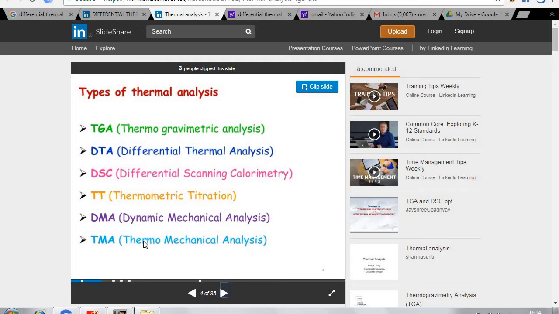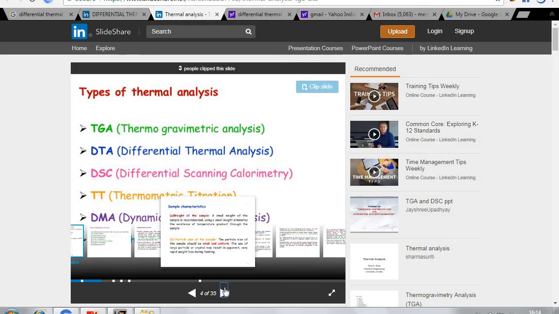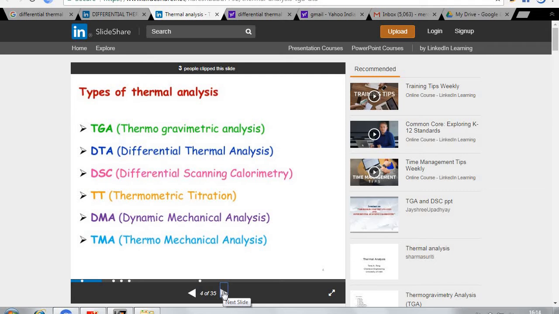All these are different types of thermal analysis which will give a very brief idea about the materials and their property to withstand heat, or what are all the different changes that they undergo while being exposed to heat or cold. As we have already seen, thermogravimetric analysis is an instrument where you are going to measure the ability of that particular material in terms of mass.